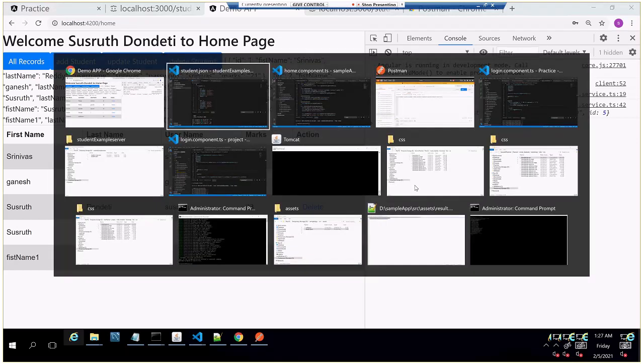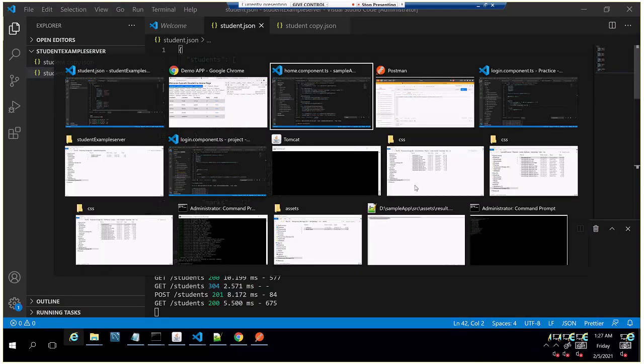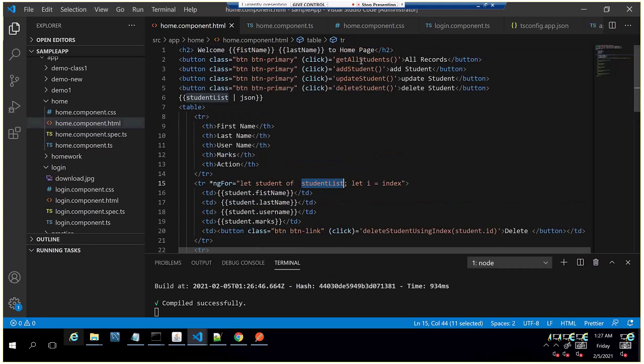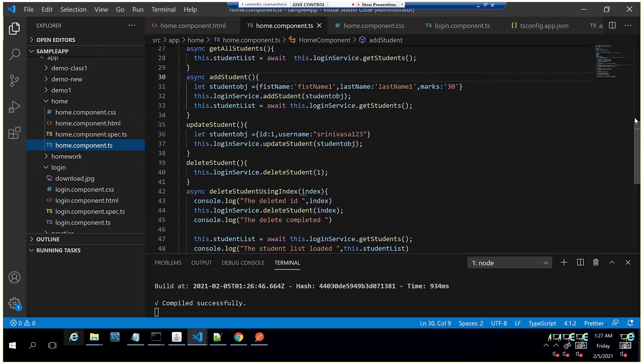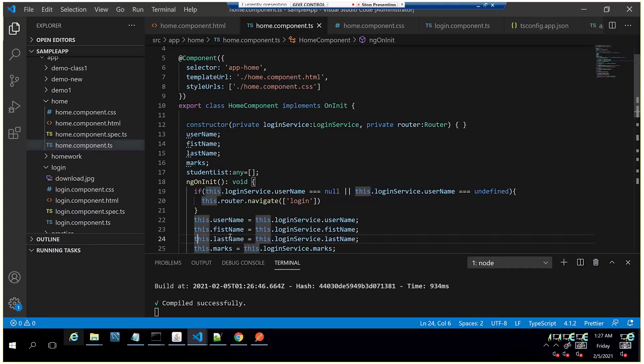Okay, so just comment this code and this button. The same method we are calling here, call it from the ngOnInit method, which is present here.